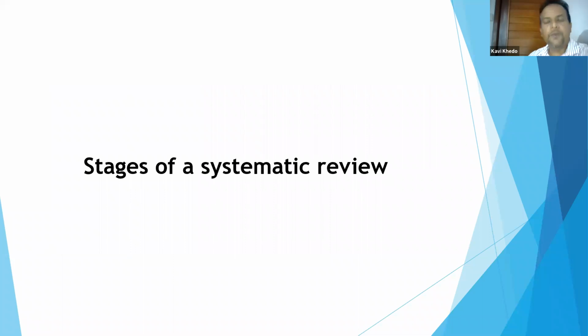Okay, let me move to the next part of my presentation, and this is the most important part here. Many points I've already covered in my first part, so I will be moving quickly on those, like bias. I've dwelled a lot on it. You will see these are already embedded in those stages. So anyone doing a systematic review can use the steps that I'm going to discuss here in any field. Actually, these are generic steps, and if you use them, reviewers will not have any issue. Even in the medical field, you can use what I'm going to show you, the stages of a systematic